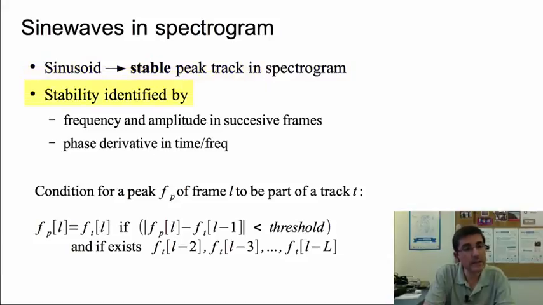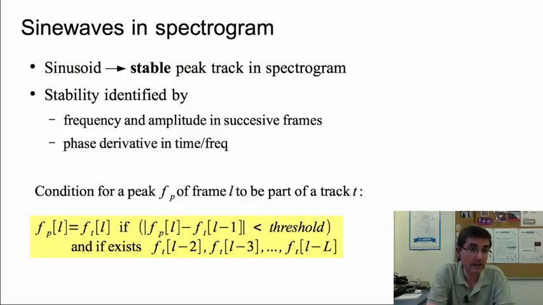This stability will be measured by the frequency and amplitude of successive frames. We could also look at the phase derivative in time and frequency for that. In practice, we are going to just focus on the frequency and amplitude variability, but the phase is also a very interesting value to look at. So the condition for a peak of a frame to be part of a track is defined by this equation. A peak, a particular frequency of a peak, f sub p, of a given frame, l, will be part